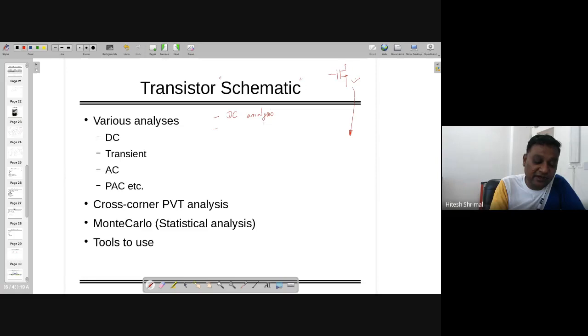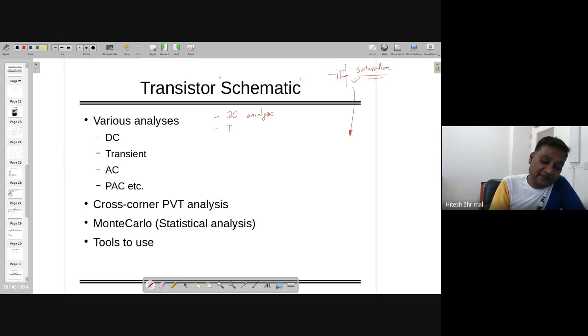It might be saturation, it might be linear. It depends. If you are in analog circuit design, then you preferably want the transistor in saturation. But if you are in digital, this is not the case because you are not working with the small signal, you are working with large signal analysis, because your input is going from 0 to VDD, which is large enough that your output is either 0 or VDD. So it's a large signal analysis. But still, you need to do the DC analysis for certain reasons. Those reasons we are going to talk about when we design an inverter.